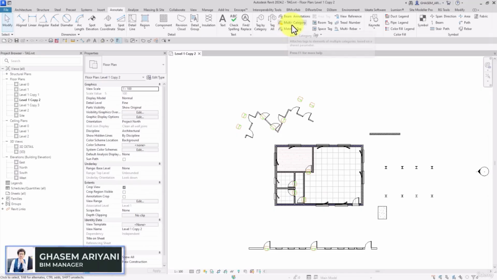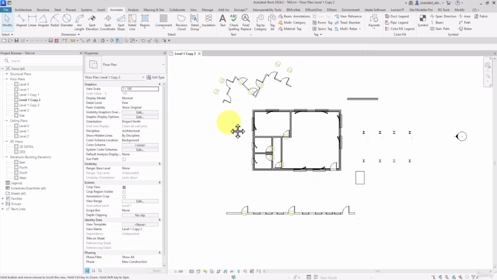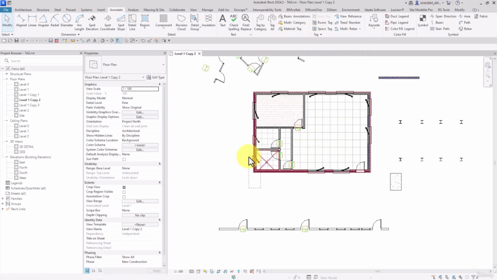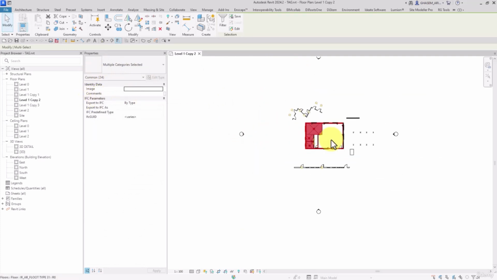Next tool here is multi-category tag. It attaches tags to elements of multiple categories based on a shared parameter. So we use this for adding a shared parameter between multiple categories. For instance, here if I select these parts or these elements, as you can see, the command parameter is shared